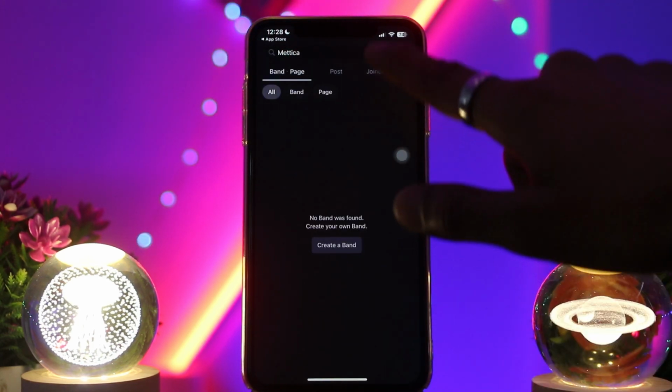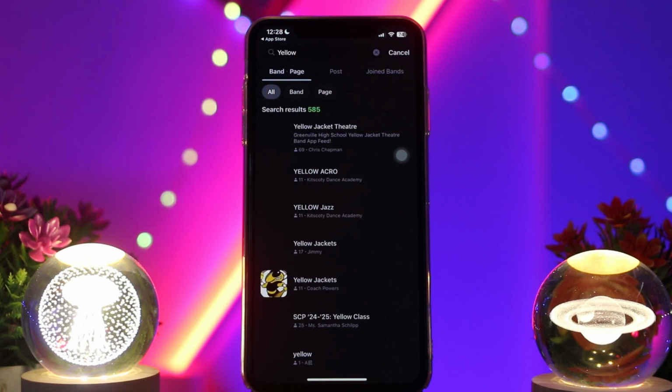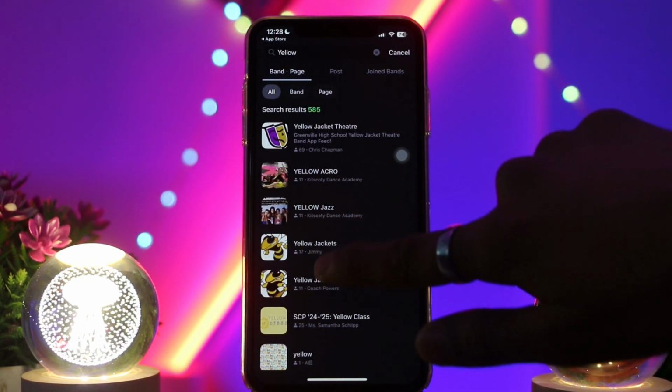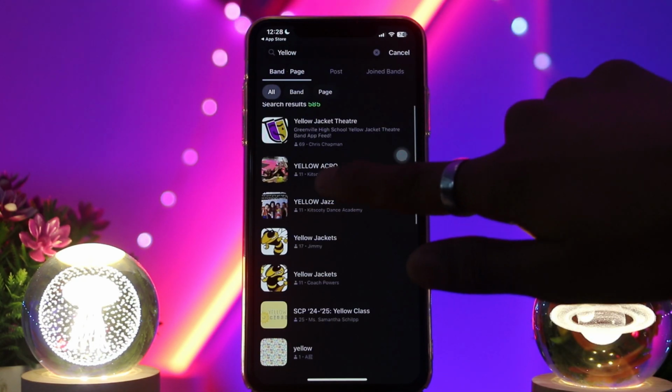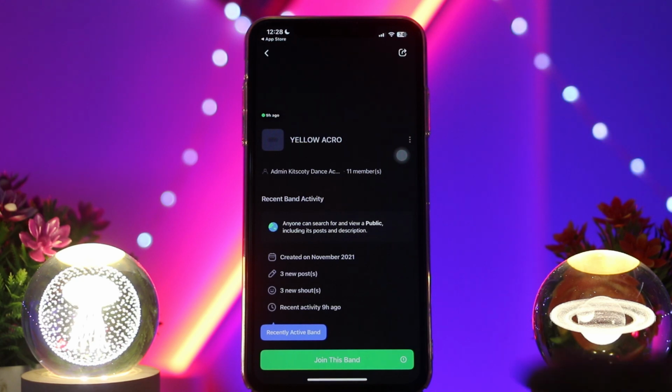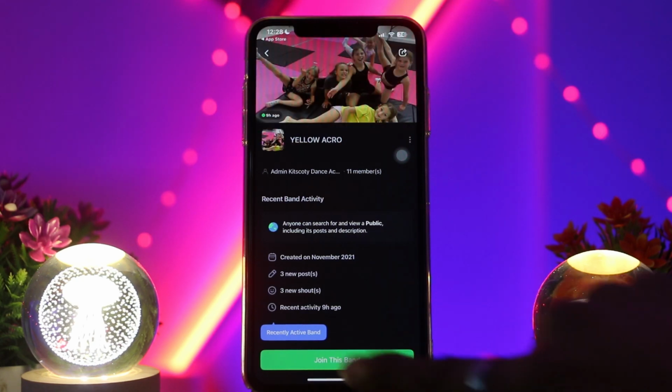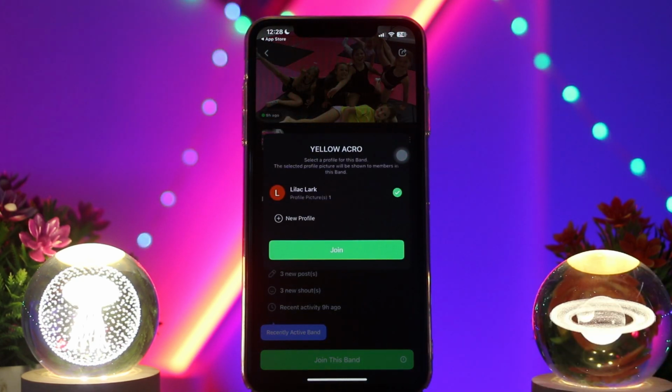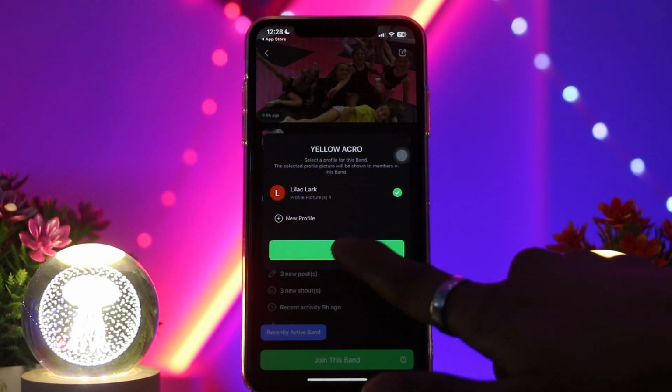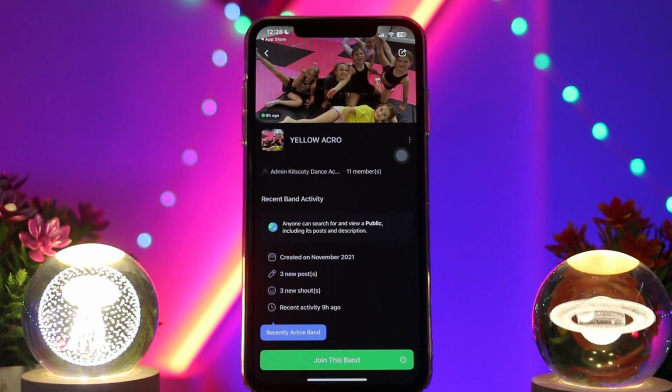And once you're inside here, locate the band group that you want to join. Simply select it, and then you'll find the option that says join this band. Simply tap on it, and now here, if you are required a premium membership, then you'll need to subscribe to premium to join the selected group. If you don't need it, simply tap on join and then selected band, and you will be able to join